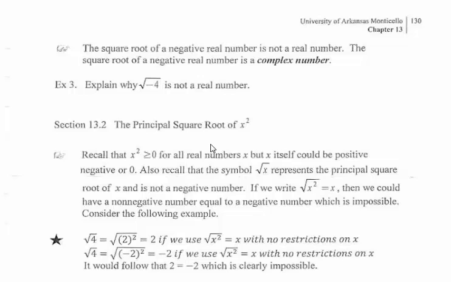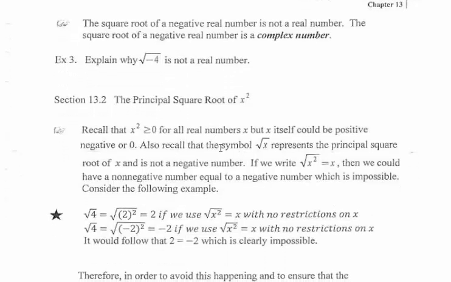So we have to be a little bit picky when we talk about radicals, specifically the square root. Now we're going to point out something else about square roots that is sort of a nuisance. We cannot have a negative number inside of a square root symbol and expect to get a real number out of that. So we said square root of 4, or in this case square root of negative 4, just the square root,